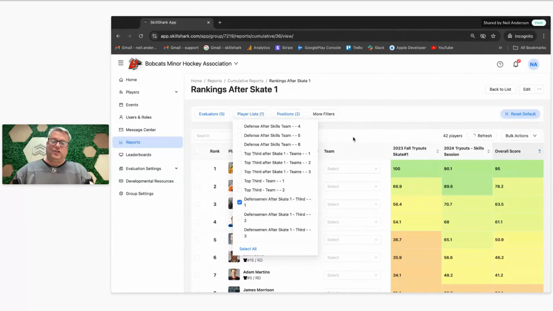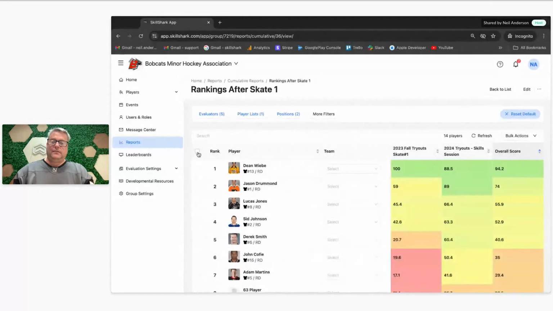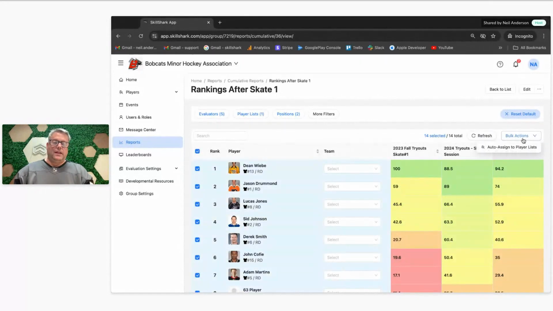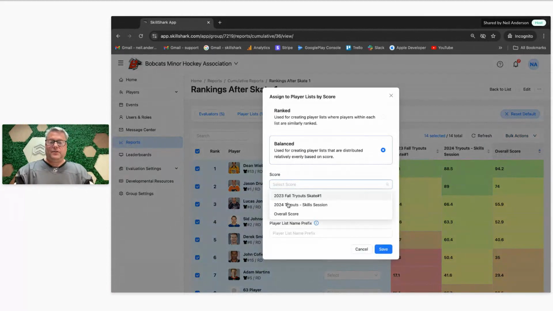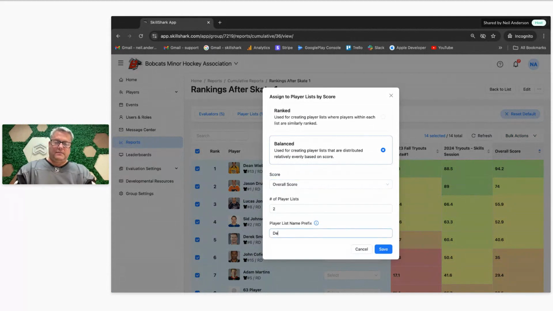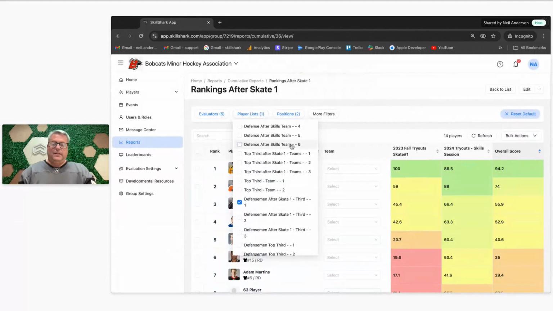And then I can take just that list, select them all, and now split them onto 2 balanced teams on their overall score for defensemen, top third. Save. And now if I do that for all of the thirds, so like second, third, and third,